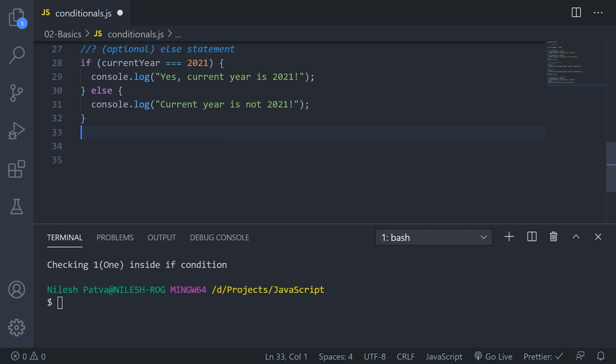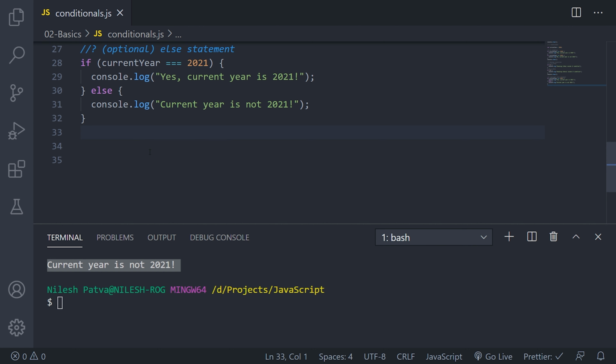Currently I am checking whether my current year is 2021, then it will print "yes, current year is 2021", else it will print "current year is not 2021". Let's save this and run this program, and as you can see it is printing my else block. You can attach an else block to any if condition, but else cannot be there alone. That's why the else statement is optional.